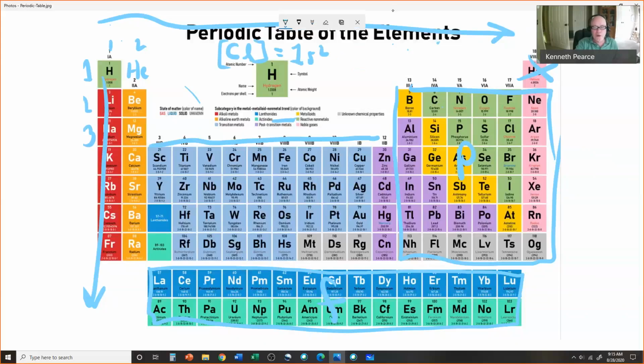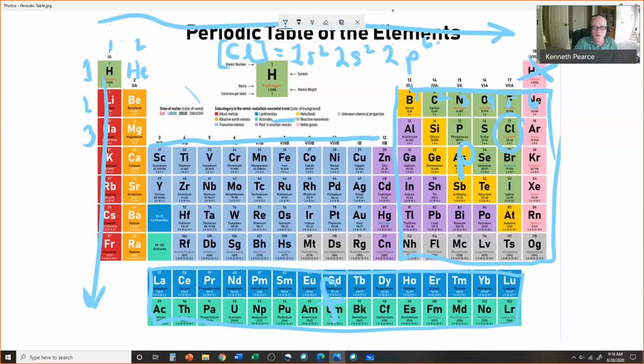And then we look at the second row, and we have to start on the left with lithium, and we say, well, lithium, let's see, that's 2s, and then we go to beryllium, that's 2s2, and then we go over to boron, and then we're in the P block, and we go 1, 2, 3, 4, 5, 6, and we go 2p6. And remember, we're heading to chlorine,